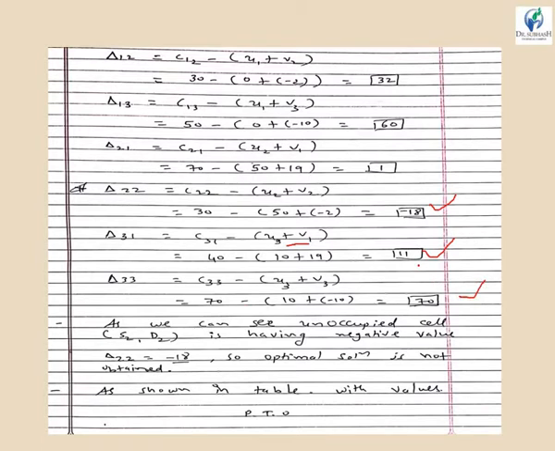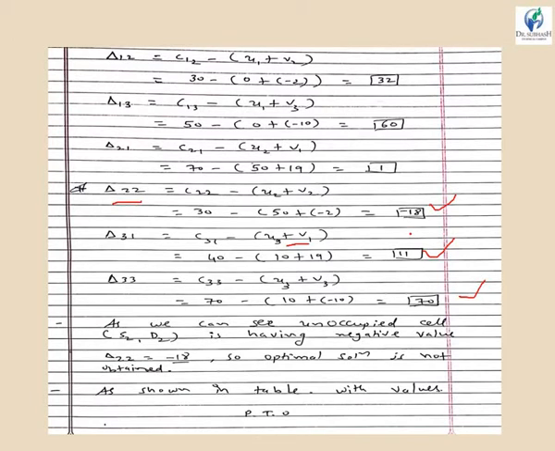Now the one thing you need to know is when you will get the optimal solution using the MODI method. What is the condition by which you will know you have reached the optimal solution for the given problem? For that there are certain rules which you must keep in mind. Whenever you find the values of the unoccupied cells, if there is any negative value within that, then you can say that we have not reached the optimal solution yet. As you can see, this unoccupied cell delta 22 has a negative value, so this problem has not reached the optimal solution yet.